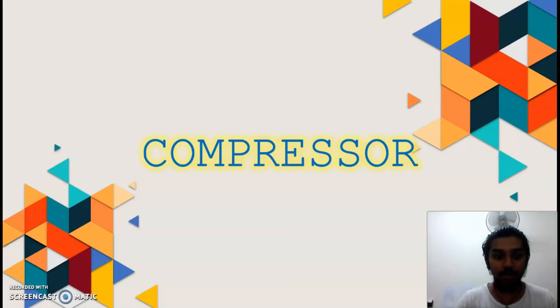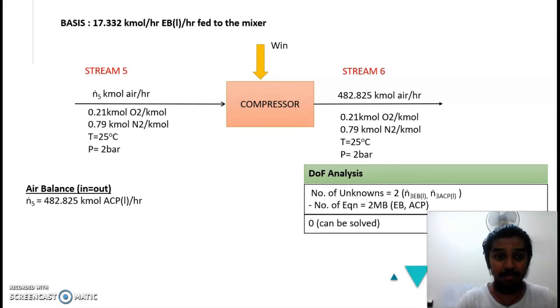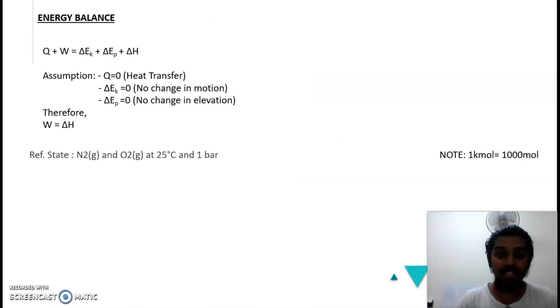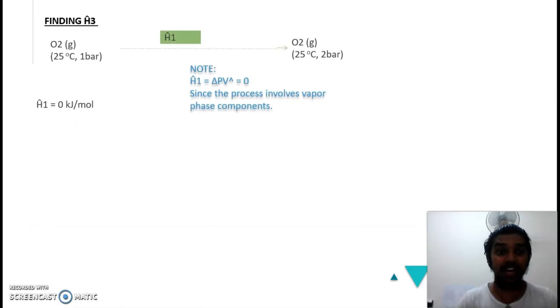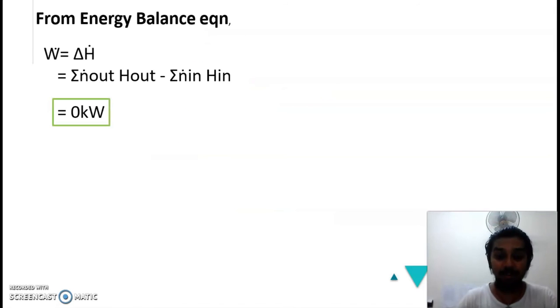And next is compressor. Compressor is easiest part. The molar flow rate of air is obtained from oxidative reactor part. And the calculation is straightforward as well since it only involves one stream. So for energy balance, we get the hypopath like this. So change in pressure at constant state and temperature. So in order to solve that, we use type 3 process and we assume it's 0 because it involves ideal gas. So finally, we get the work done is 0 kilowatt.